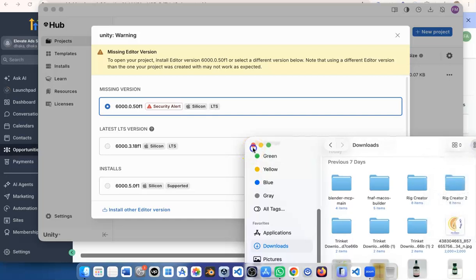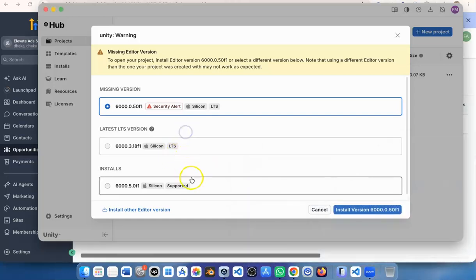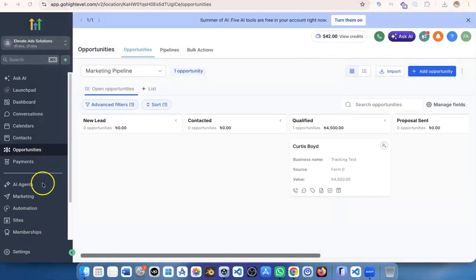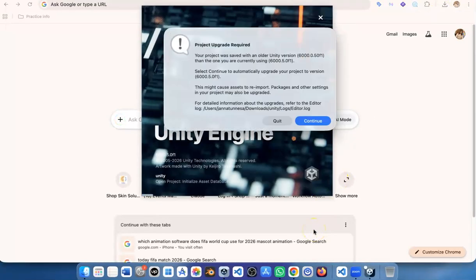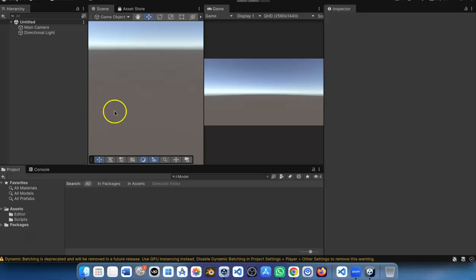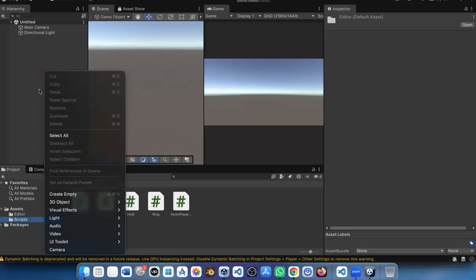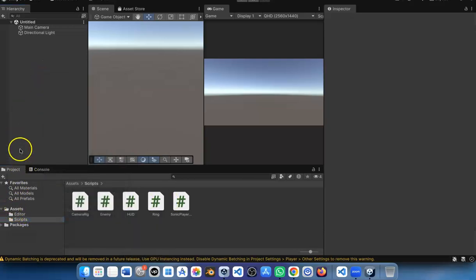What? Oh. I'm using the new version 6.5. We'll have to upgrade it, so you wait, guys. And now here I am in Unity. And now first I go to my assets editor. Oh, I don't need that. Whatever. And now let's